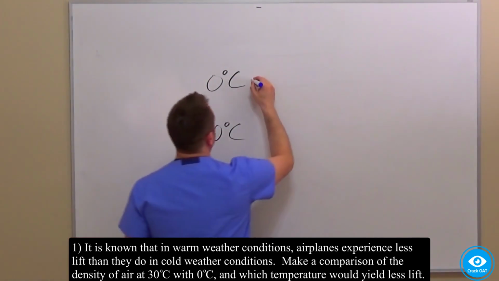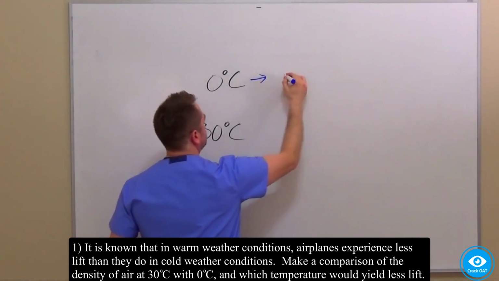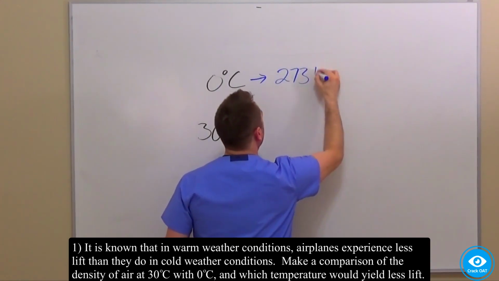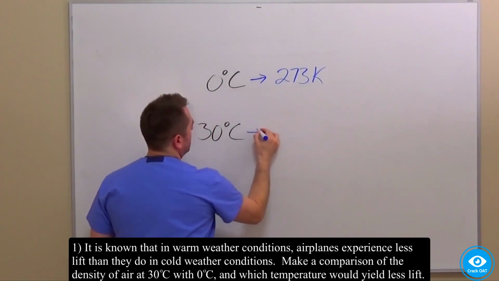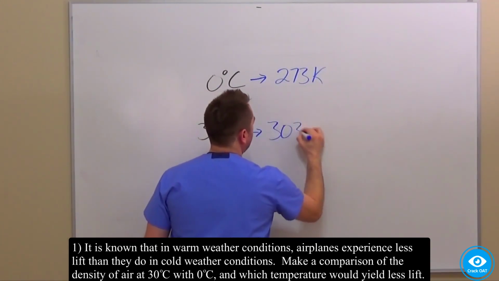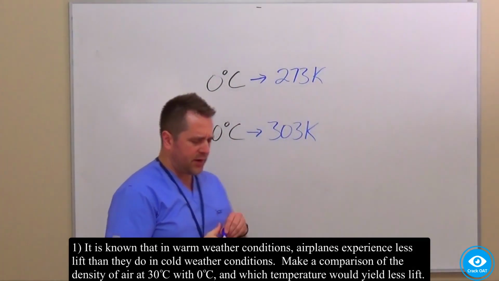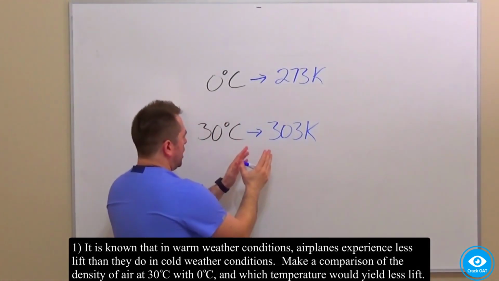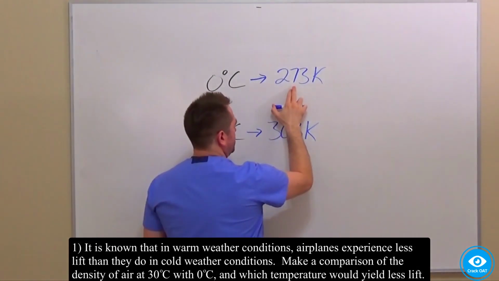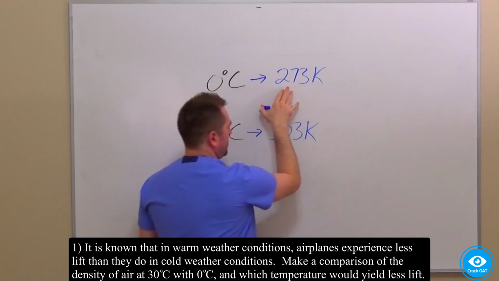Well, first, let's go ahead and get these into Kelvin. 0 degrees Celsius is just 273 Kelvin, and then 30 degrees Celsius is 303 Kelvin. So what we're going to need to figure out is, okay, how close to these conditions where the plane would experience better